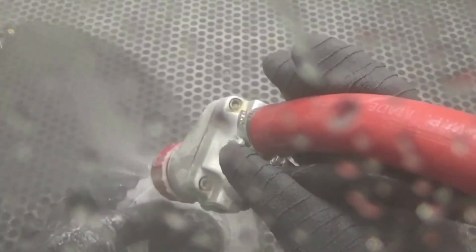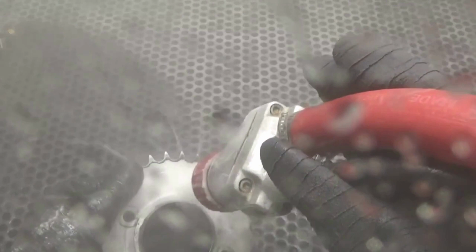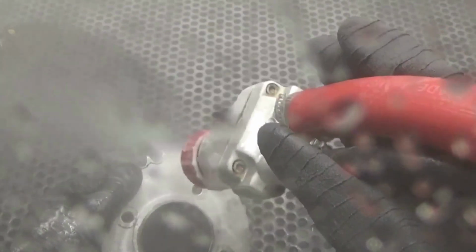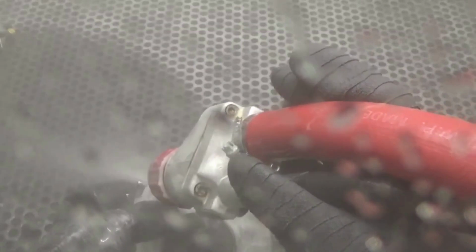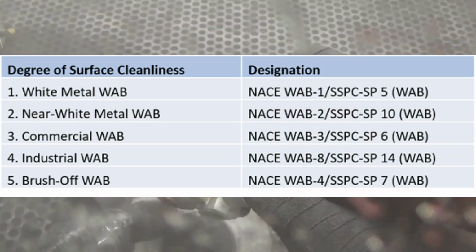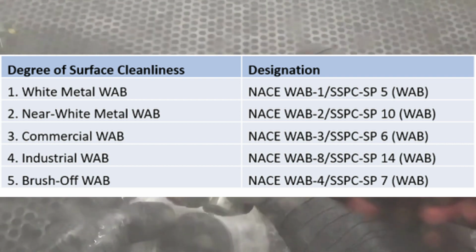The best standards describing the cleanliness of wet abrasive blasting are the joint NACE and SSPC standards. They cooperate with a separately issued SSPC Visual 5, NACE Visual 9, which describes the flash rust grades. These standards combine elements of existing standards for dry abrasive blast cleaning with elements of the 2012 SSPC NACE water jet cleaning standards. The definitions of cleanness for steel surfaces immediately following wet abrasive blast cleaning are identical to